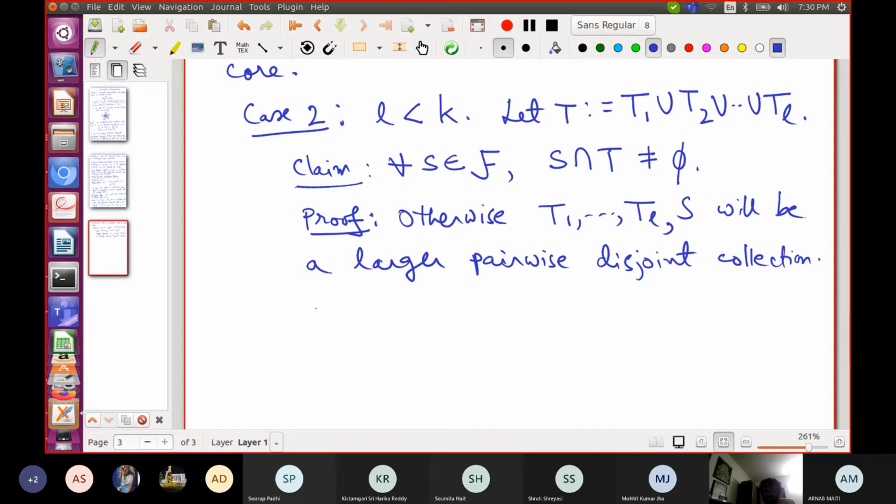Now, how large is T? We can put some upper bound on the size of T. Each of these Ti's comes from the family F, and so each of these Ti's has S elements in it, and there are L of them.